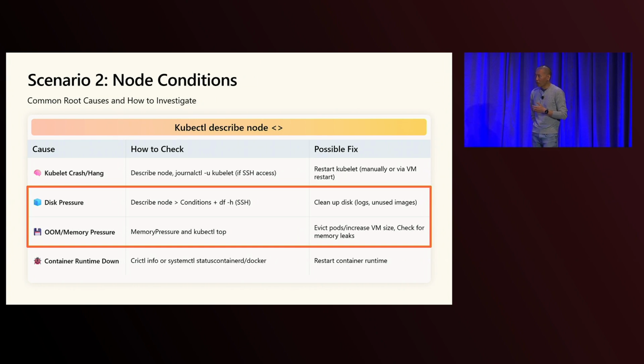Now let's talk a little bit about memory pressure. So again, I would run kubectl describe node, see if there are further details about what might be causing the memory pressure on the node. Some of those indications might be kill events. You might see a particular pod get killed, and you might not understand why. That's where you want to run some tools like kubectl top pod, and maybe even look at some metrics, which I'll talk about a little bit later.